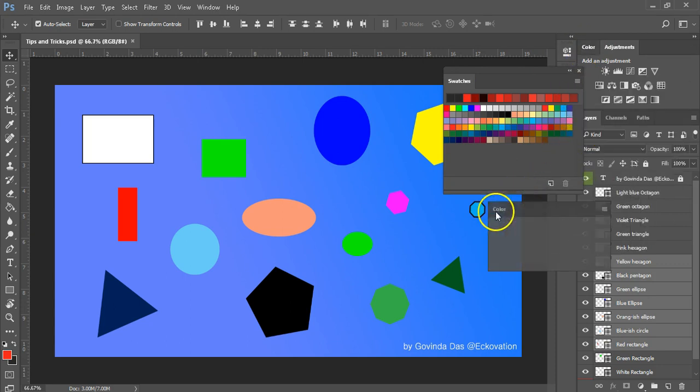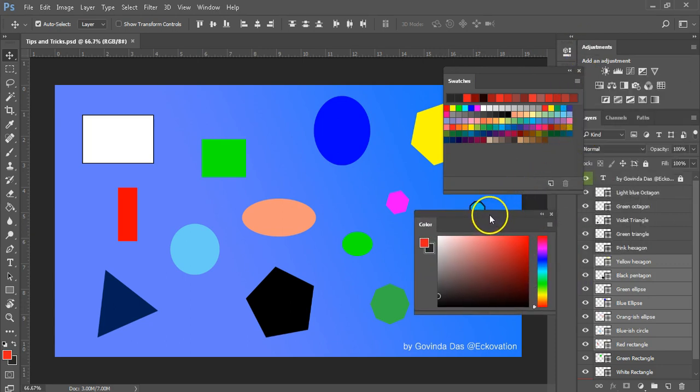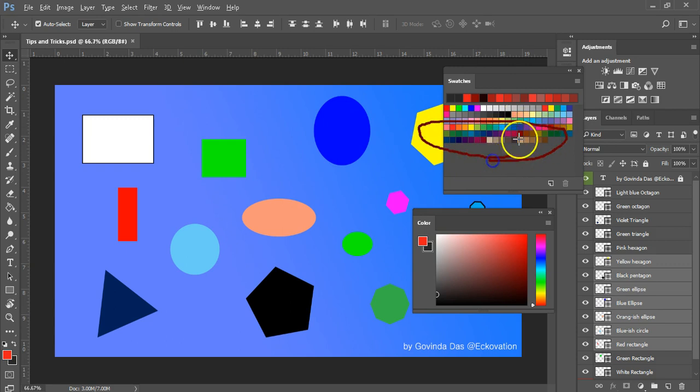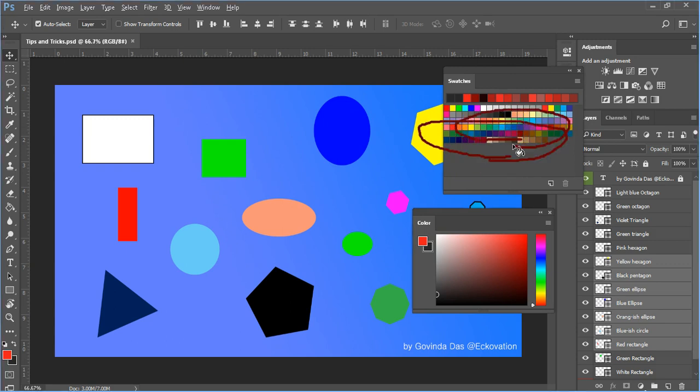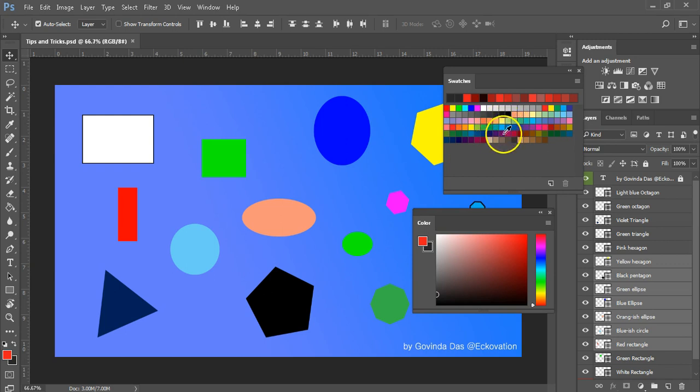The swatches panel is where you will have some predefined colors for you to use if you want. If you move your cursor to the color palettes in the swatches panel, you will see that the cursor has changed to an eyedropper icon. The cursor will change when hovered over the color palettes, regardless of what tool is active at that given time. Mouse over for a little longer over a palette and you will see the name of the color.